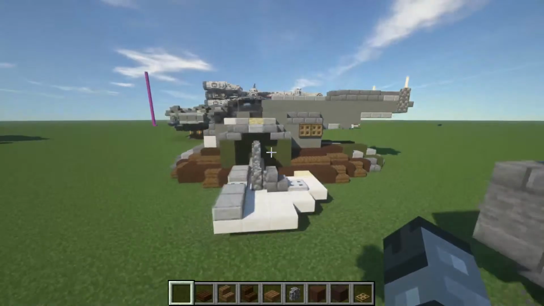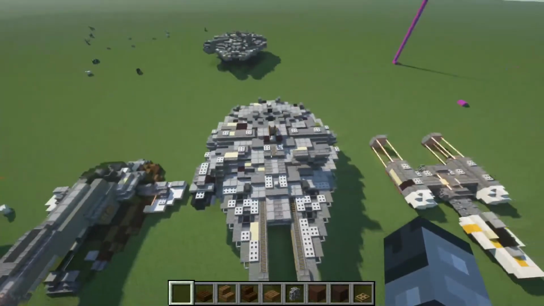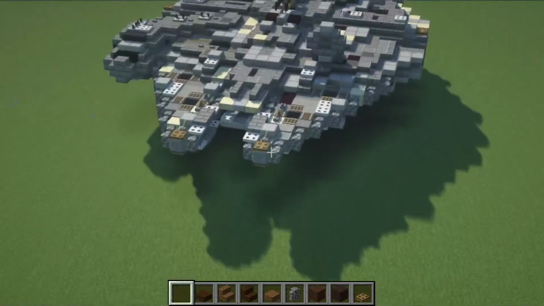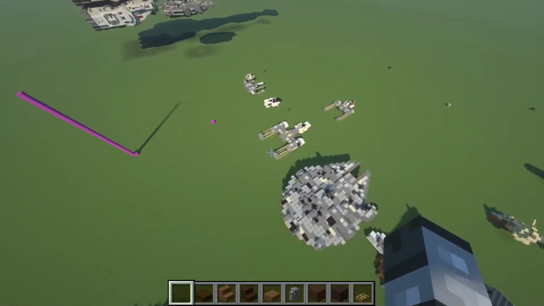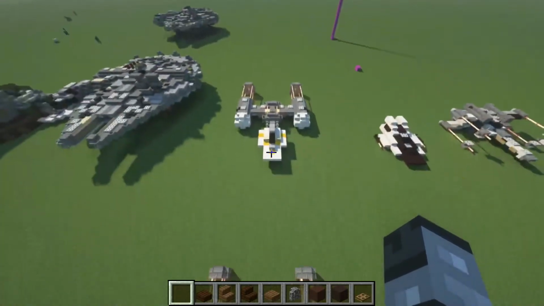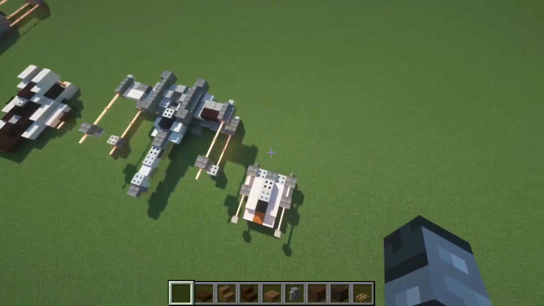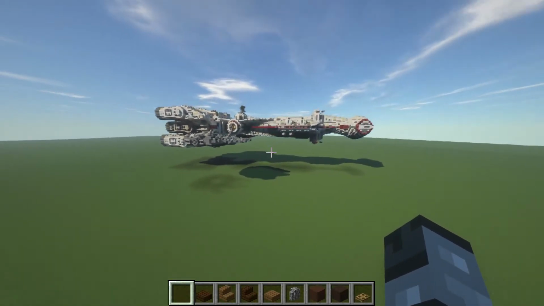This is the old 1-to-1 Slave 1. Massive change from the new one. The old 1-to-1 Falcon. Well, not technically old, it's just... oh no, that's the new one. Stupid. That's the one. Y-Wing is too big now. There's another version of that. A-Wing's also too big now. X-Wing was completely updated, and the Snowspeeder is too big. And then the old Tantive 4,